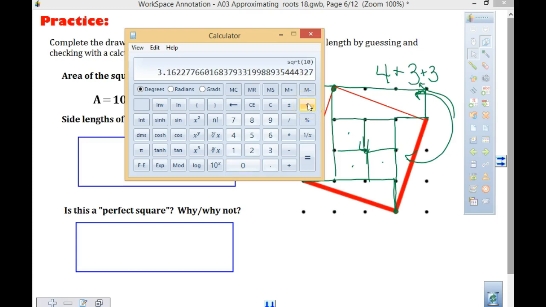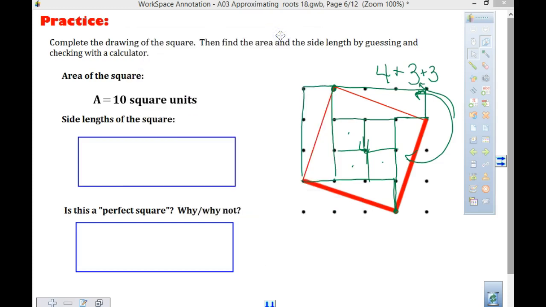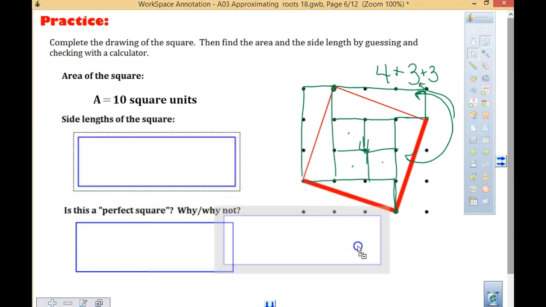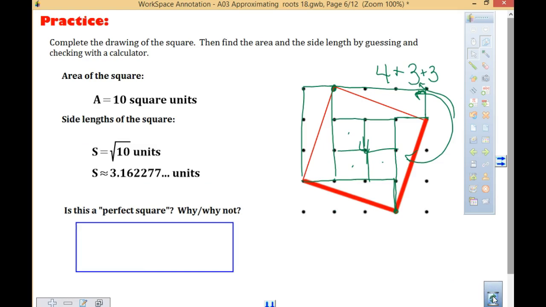It's kind of an ugly number, right? We're going to be talking about that. It's called an irrational number. It never ends and it never repeats. Now, it does on your calculator, but, so please put side length. We're going to put side length. S equals square root of 10. Write that first. Side equals the square root of 10, and then put